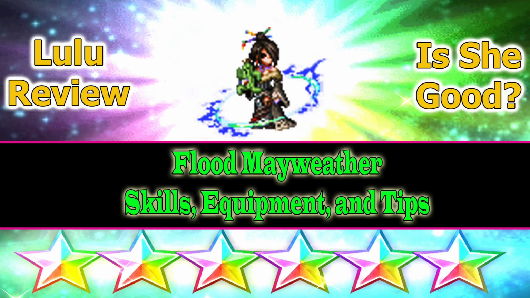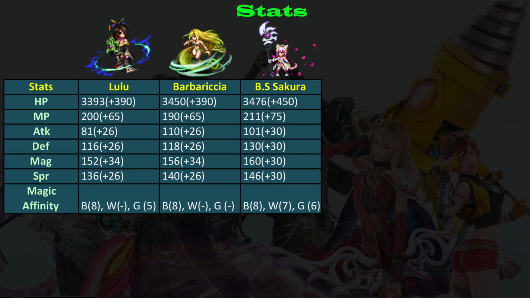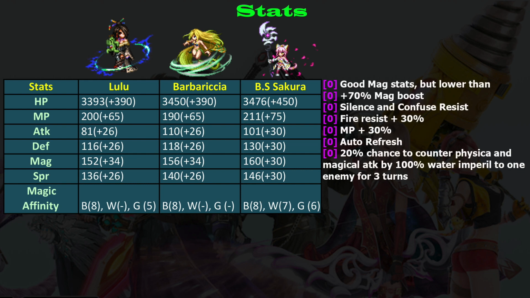Now I'm gonna review Lulu. She is a powerful black mage, that's why I will compare her to Barbariccia. The second mage here is Blossom Sage Sakura. She's quite different because she doesn't rely on black magic, but let's just do it anyway because she just